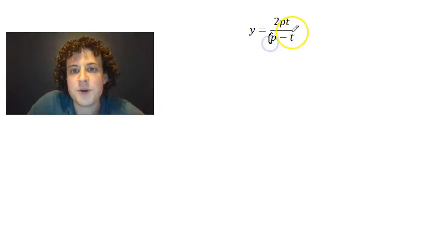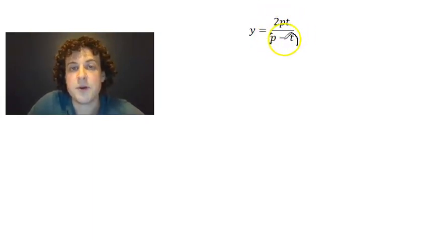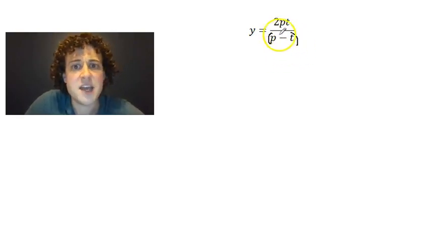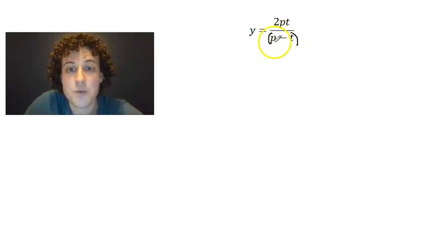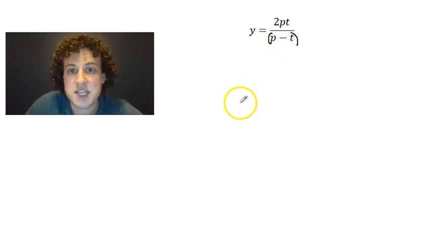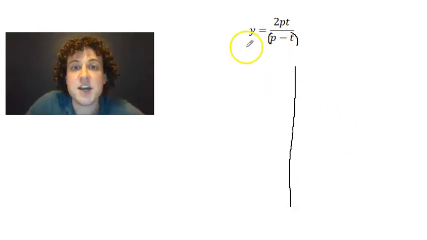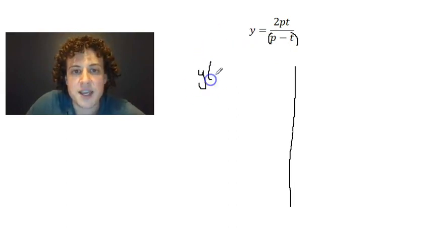So I'm going to bracket the bottom. Obviously, I don't need to bracket the top because there's no adding and taking. So it's this 2pt, this number at the top, divided by this bracketed number on the bottom. And because the denominator has the thing I want, which, I didn't say, I don't know which one's p or t. Well, we do it in both ways. So let's say we want p first. It's in the denominator. We need to multiply it up. So we're going to get y bracket p minus t